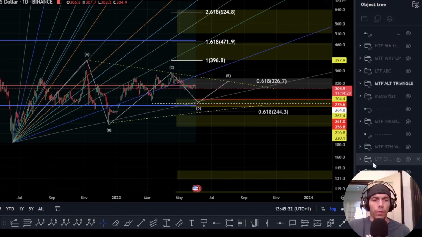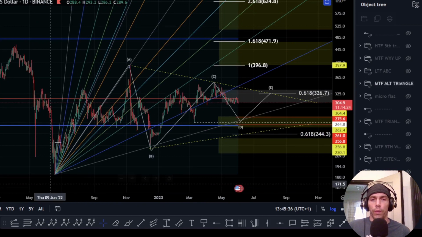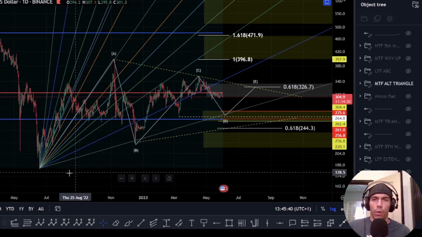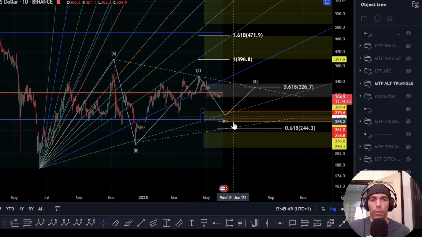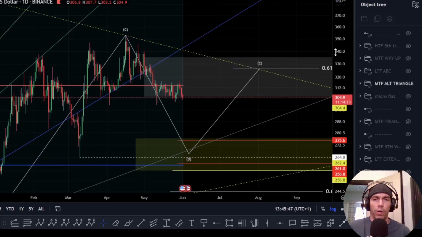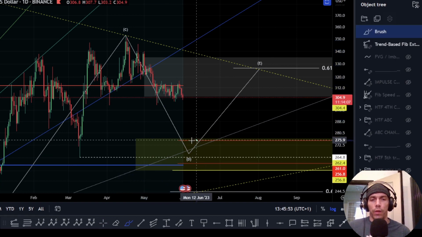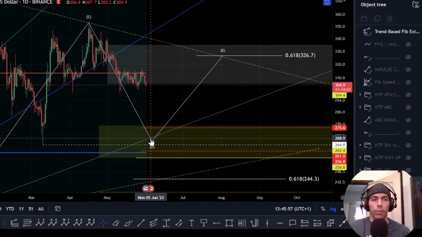Now, the other thing that we also discussed here previously was that instead of looking at this move as WX and looking for a Y wave up, it's possible that this whole thing could be a triangle where this becomes A, B, C, and we're actually looking for a D wave. So this is why I'm just being mindful that if we do see this break down in 3 waves here, what we could then see is this D wave come in towards this lower range of this trend line, which would be sitting towards this